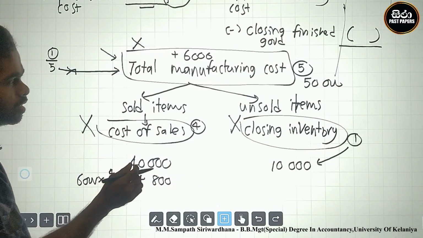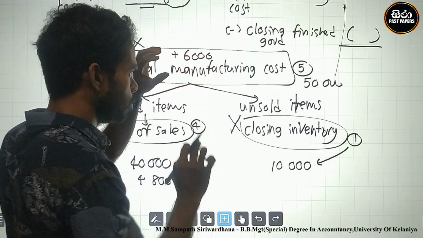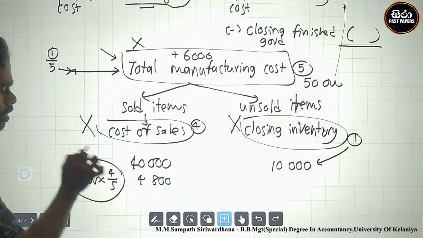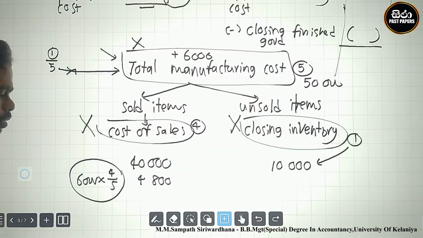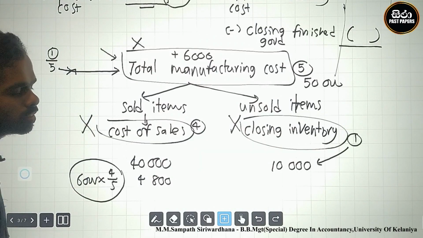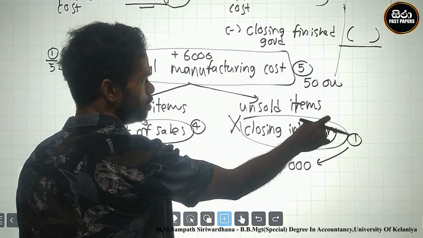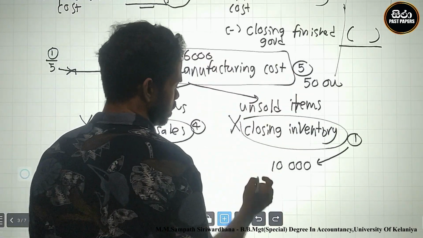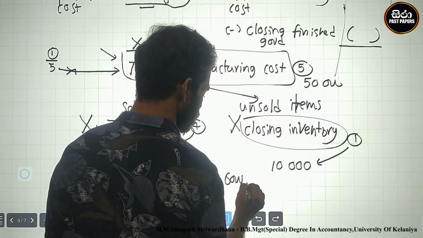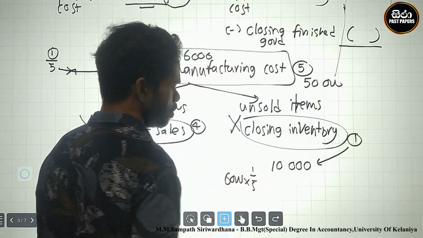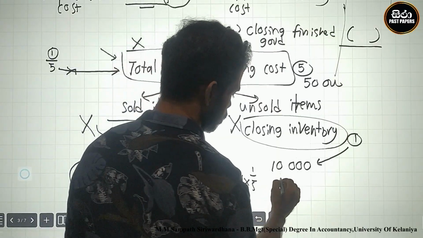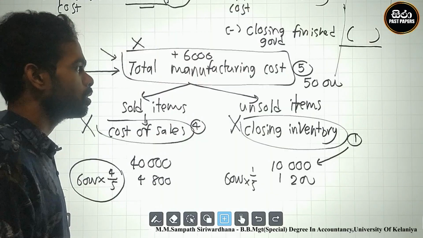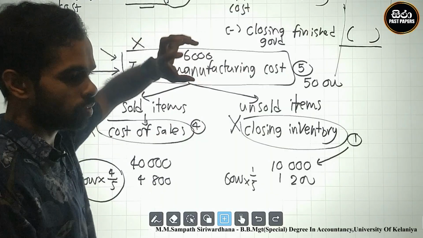Why? There is 4/5 of these costs included in cost of sales, but one part of this fifth, therefore I include the 6,000 into 1/5, which is 1,200, that should be included in closing inventory. The 6,000